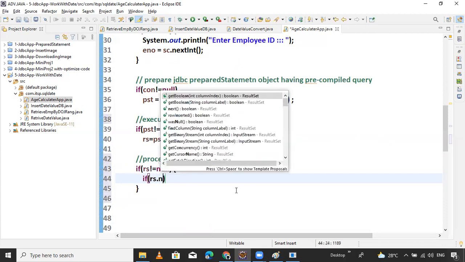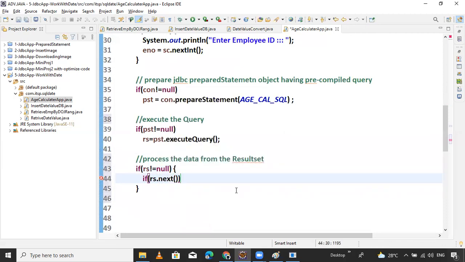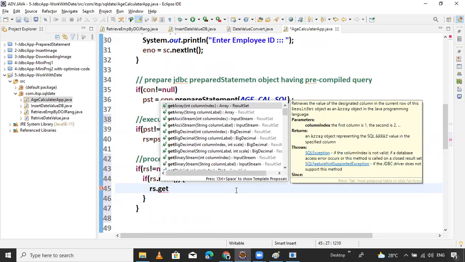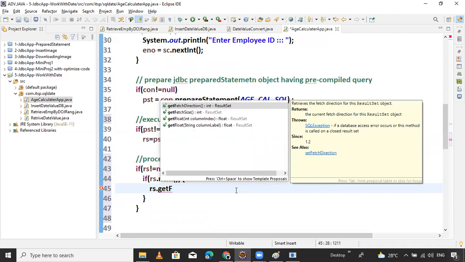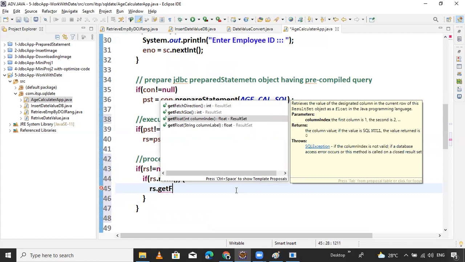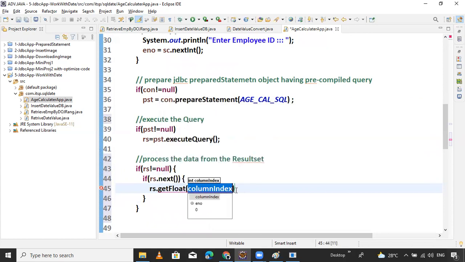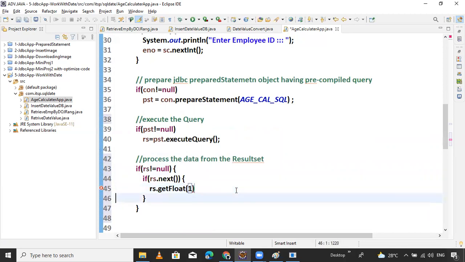And if RS dot next, this method is there for the next result. RS dot get float, I want to fetch the data as a float, index 1. And it's stored inside a float variable, like age. Age is which type? Float type. Simple.